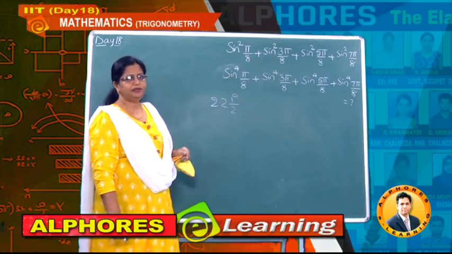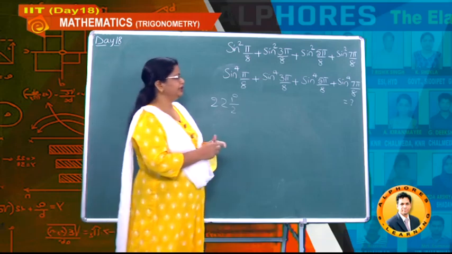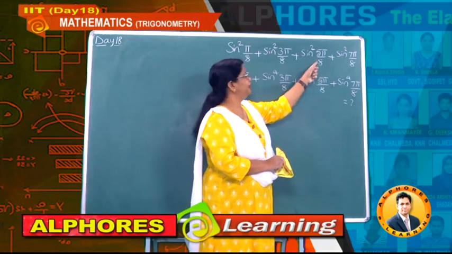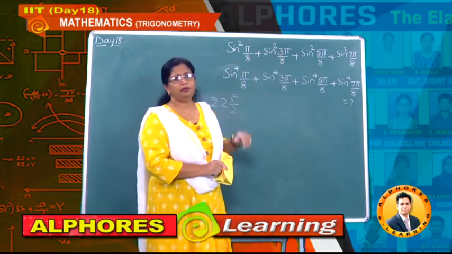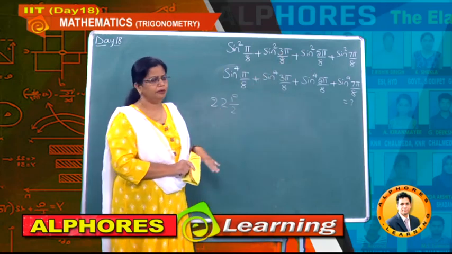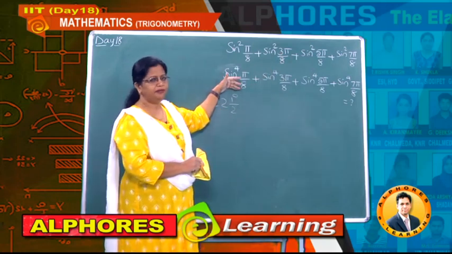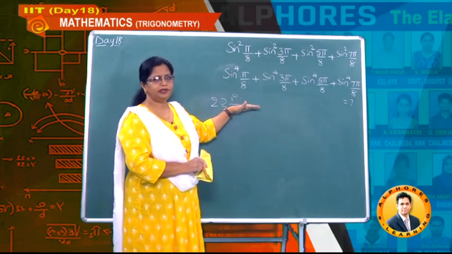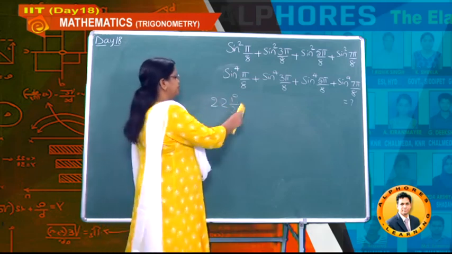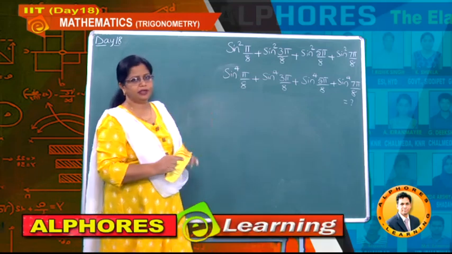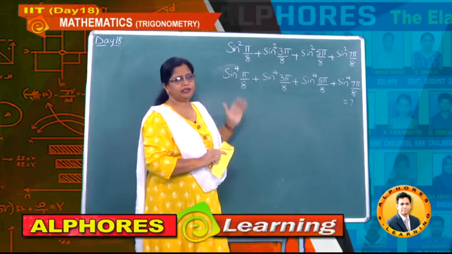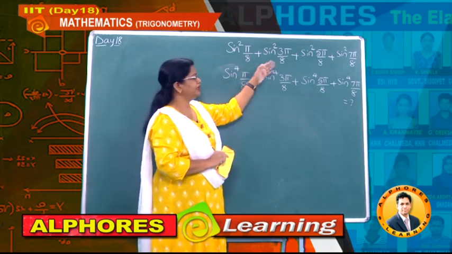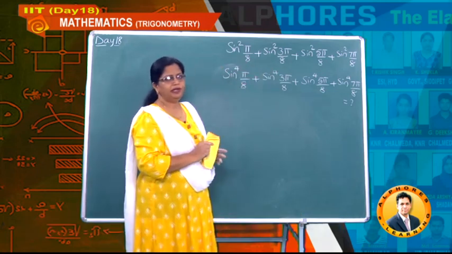Instead of that, let us use a simple method, that is using our allied angle concept. Let us simplify 7 pi by 8, 5 pi by 8 as well as 3 pi by 8 in terms of pi by 8. Okay. And in the same way you can proceed, even power 4 is there, same problem, cos also they may give, there also you can use the same kind of substitution. So students, let us have a glance at how we can convert 7 pi by 8 etc. values in terms of pi by 8, because this is the least acute angle, hence we want to change all values to one and only one.